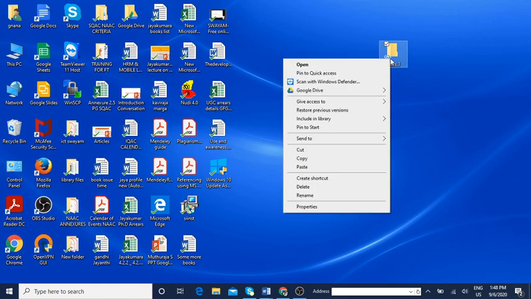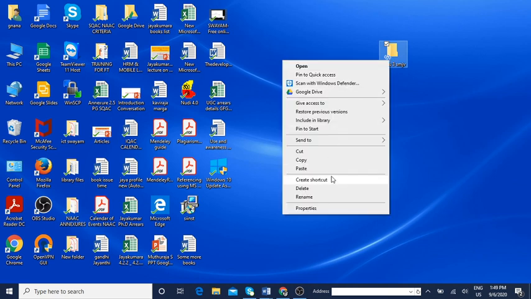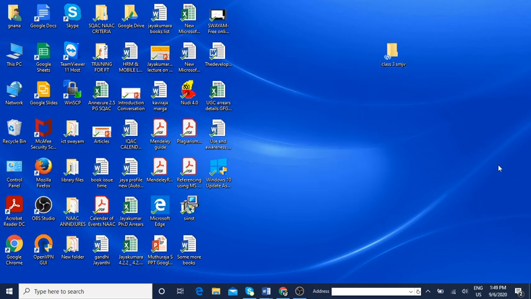Right click on the folder, click on the rename option. Class 3 SMJV, I'll give like this. Okay, so the folder is renamed. Then he tells how to rename a folder using pop-up menu. Pop-up menu is this only, right click on that and click on the rename option. Other one is using the organize option. Select the file or folder you want to rename. Click on the organize drop down button. A list of options appears.